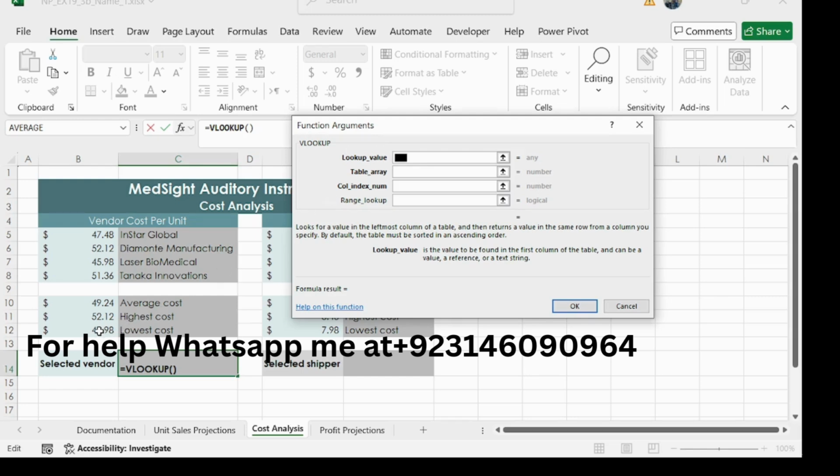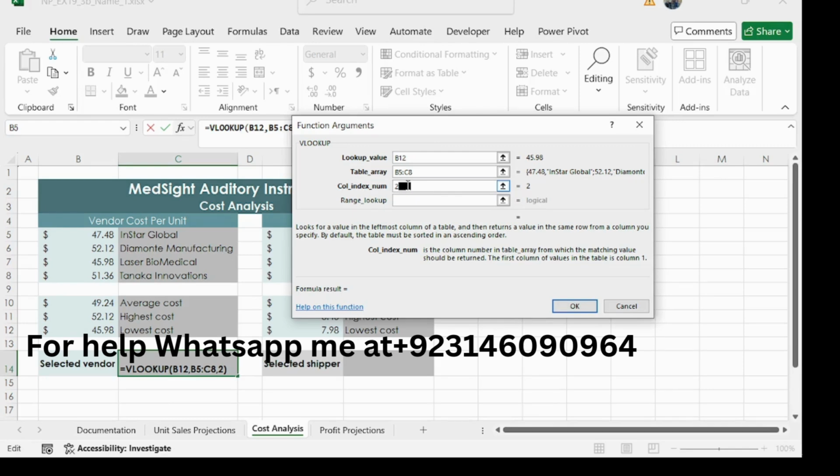Our table array is B5 to C8, and column index is 2. And specify an exact match.